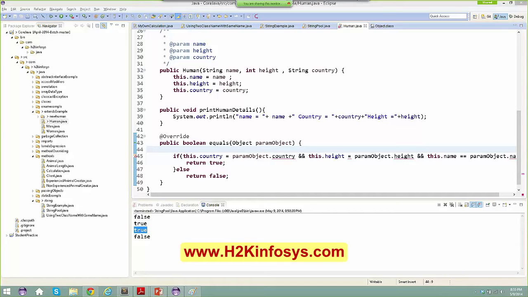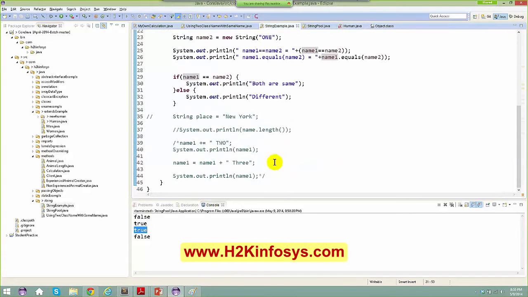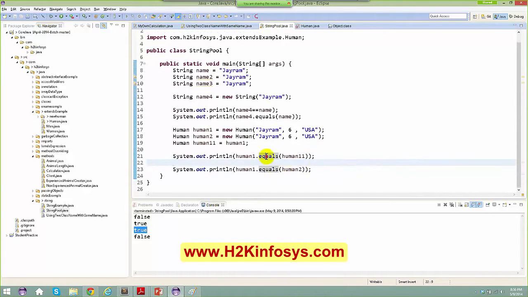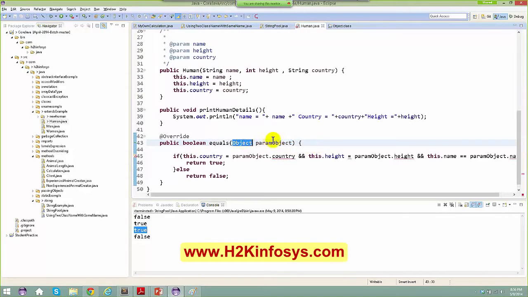Okay, I've got a couple of answers out here. So let me just tell you what to do here. Now, what is this object out here? The object is the one object we are passing as human. So what you have to do is, as we have referred to it as the reference of your superclass, from the superclass I have to cast it back to your subclass, right? So I just need to say here,